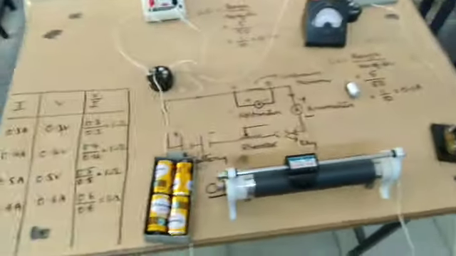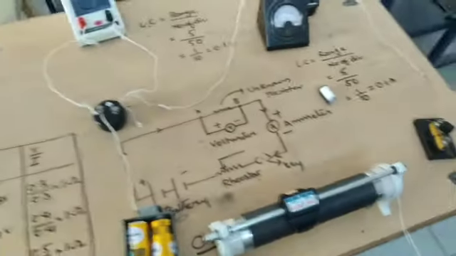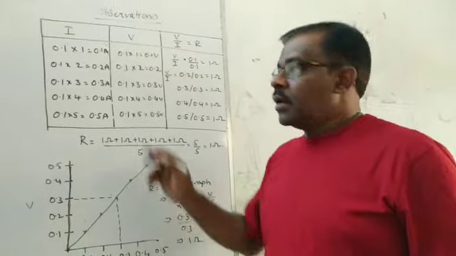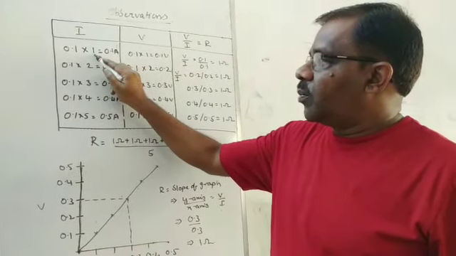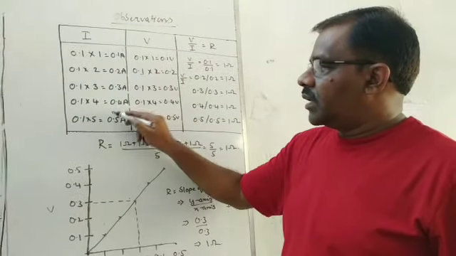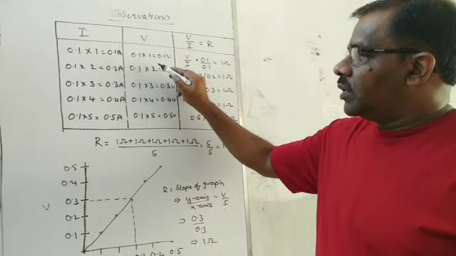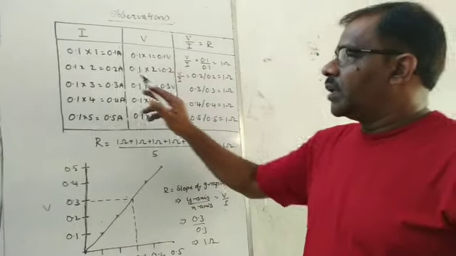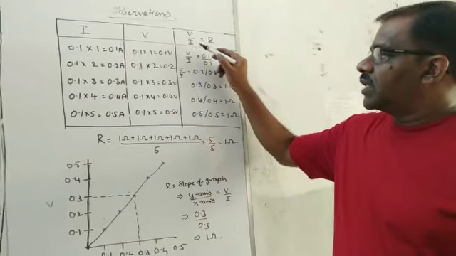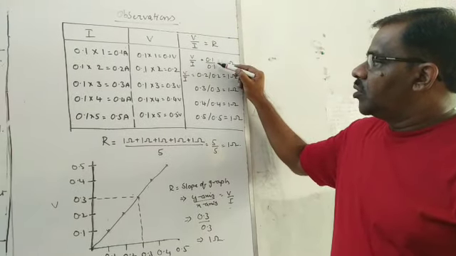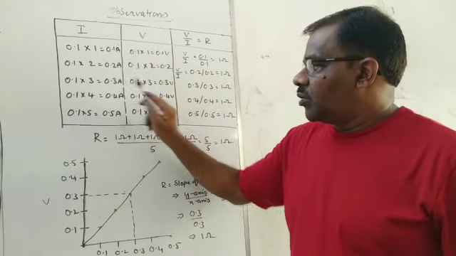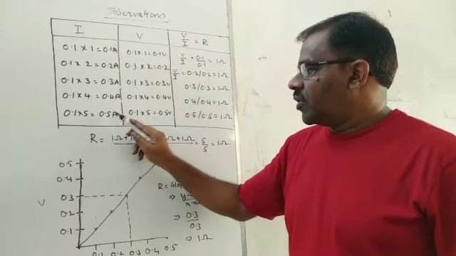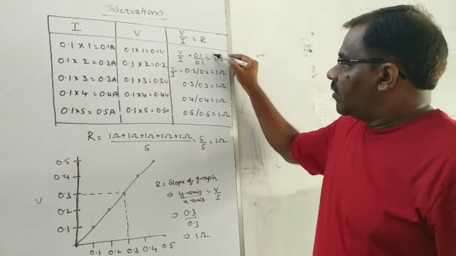Now what we do is, after this experiment is done, we need to draw a graph. So let us now draw. Once we noted down the observations, the least count into number of divisions will give the value of ammeter, and the least count of the voltmeter into the divisions will give you the value of voltmeter. Now in our experiment we got the values like this. By doing V by I values, 0.1 by 0.1, 0.2 by 0.2, 0.3 by 0.3, 0.4 by 0.4 and 0.5 by 0.5. We calculated and we always got a constant.